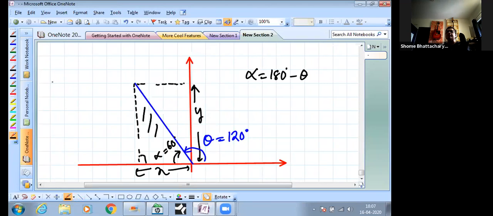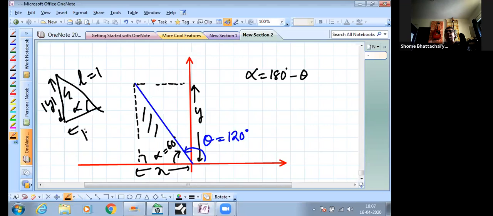So look at this triangle now separately. In this triangle, this angle is alpha. This side is L, which is 1 unit. This side is having how much length? Mod y. Why I say mod is because y is a projection I've defined, so it has algebraic sign. But in a triangle, when I define the sides, they're just lengths, so they have only magnitude. So their magnitudes are x and y.